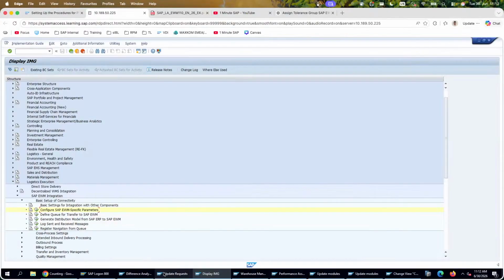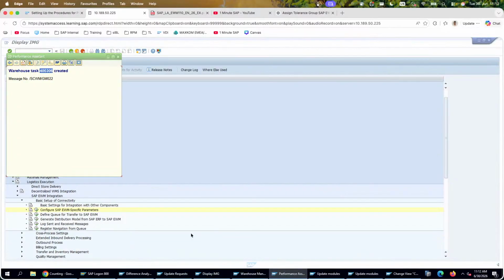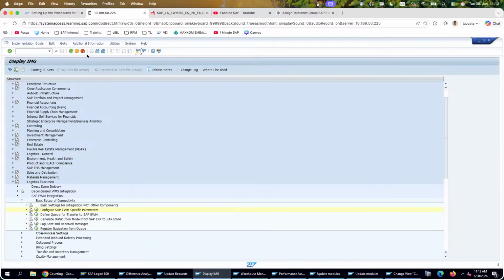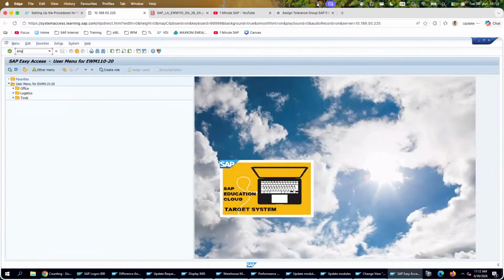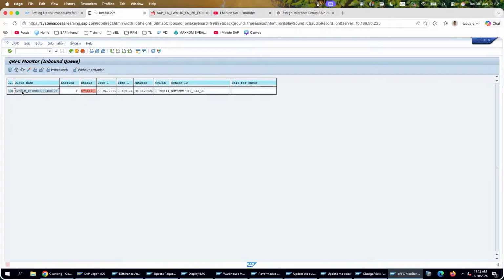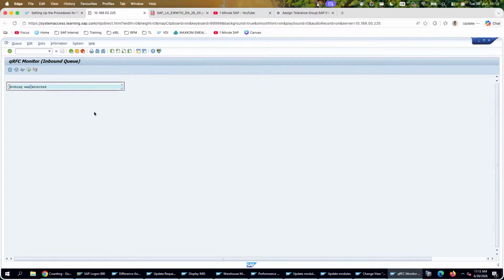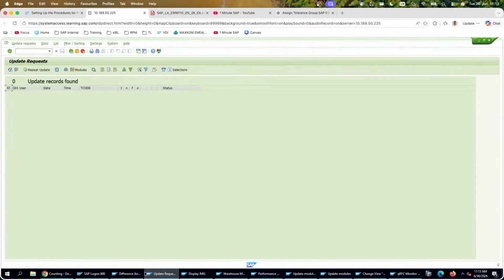Maybe let me refresh the queue. Refresh the queue before this. SMQ2. Can we refresh this? Can you process this? Okay, nothing was selected. It means that the